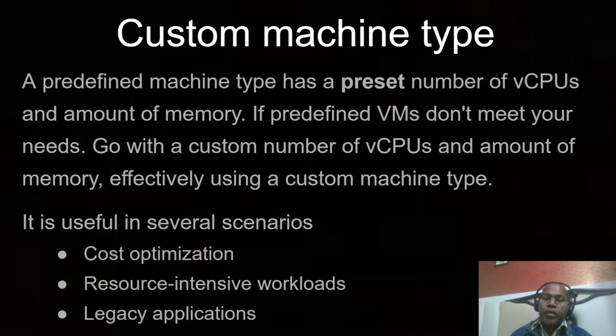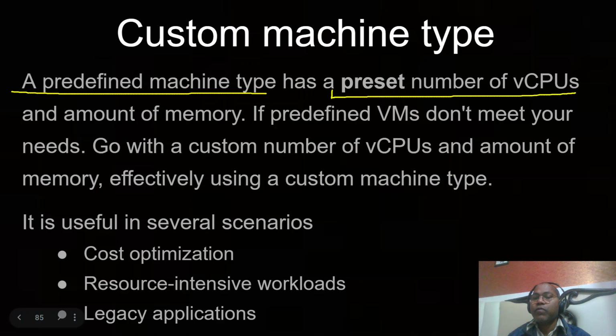So they provided preset machines, which are predefined combinations of machine. A predefined machine type has a preset number of virtual CPUs, an amount of memory, and storage. If our application requirement is served by an existing permutation of CPU, memory, and storage,